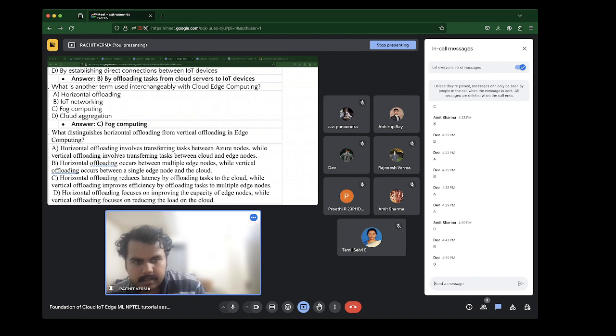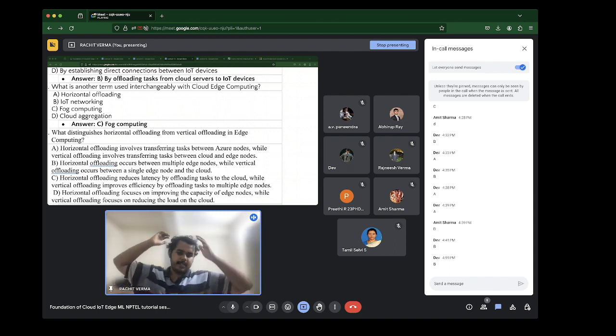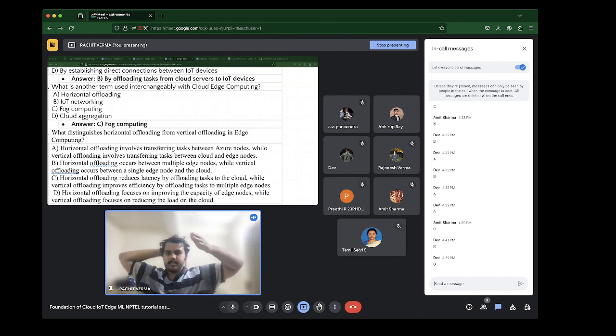Okay, so if that is clear, I understand there may be some confusion because parallelly you can have offloading happen. Multiple edge nodes may be offloading their tasks to the cloud in parallel, but at one time, one task can belong to one edge node before it's offloaded. After it's offloaded, you can say half the task is here, half the task is there or something, but before, it's one at a time.